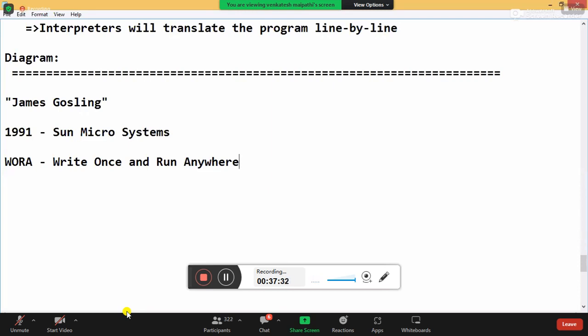What is the feature the author started now? The WORA feature. WORA means write once and run anywhere. The author started his research: why don't I achieve this feature in my development? Whenever he started, he observed that these are the environments, and whatever environments I'm selecting participate in my program. I must disconnect that environment. Whenever I disconnect that environment, the machine will not be there. Machine not there, execution will not come.